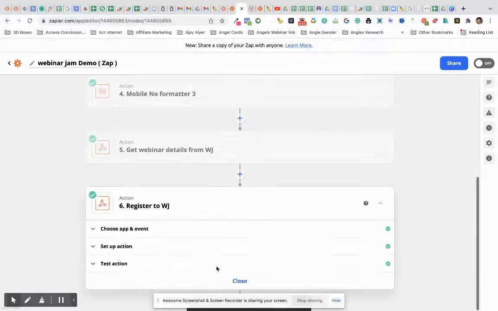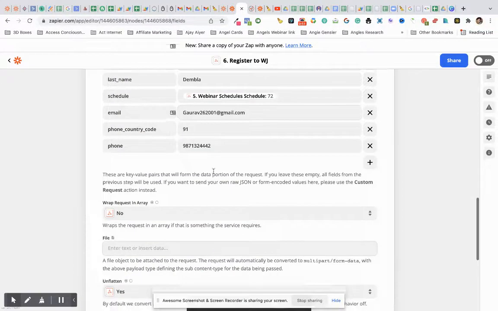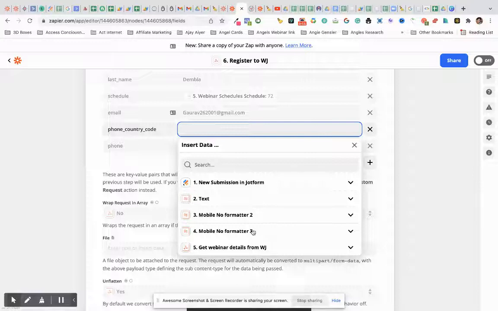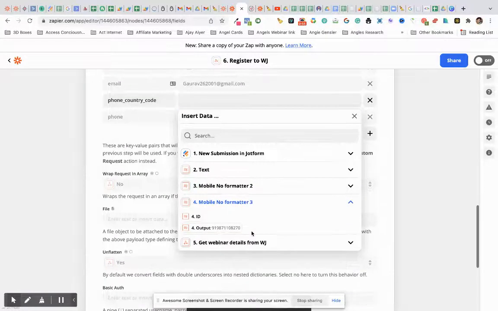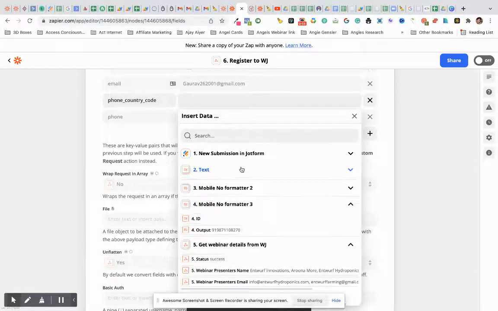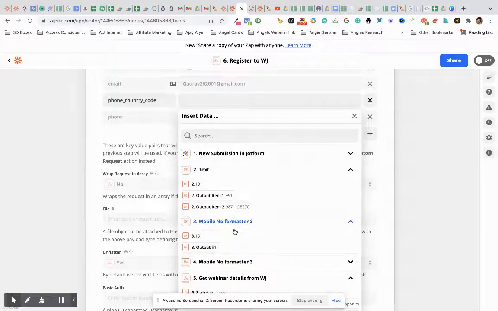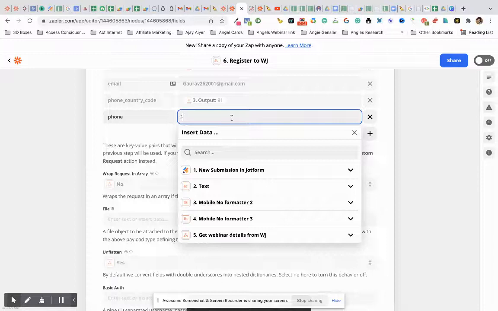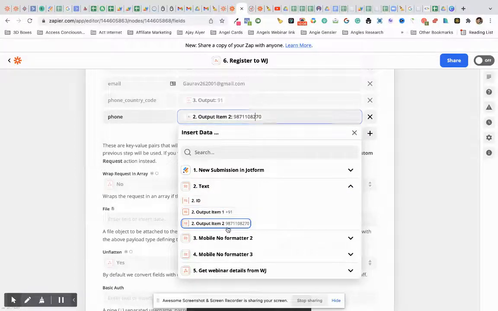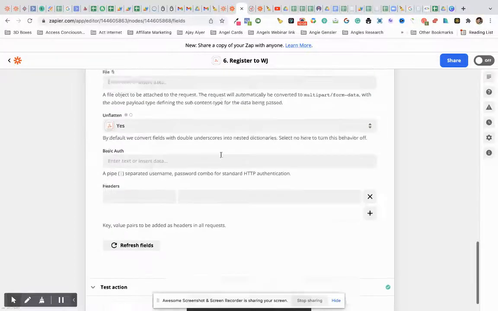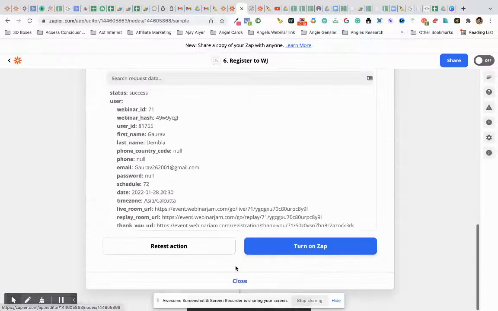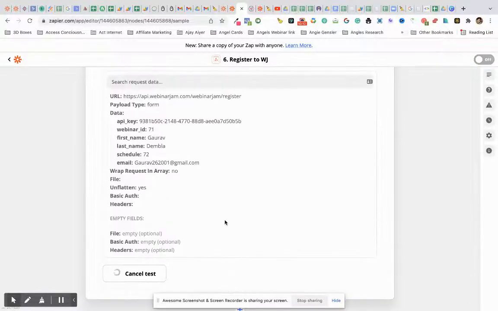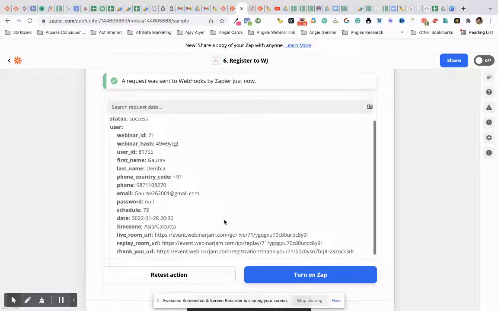Now I will go to my webinar jam and enter my country code directly from here. It has given me the country code output, and it has given me the phone number also as output. So I will put these two details, and then I'll go to test action and click on retest action. So yeah, I'm already registered in the webinar, and it has